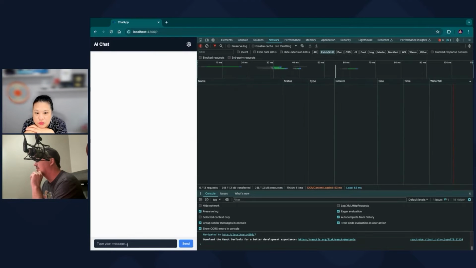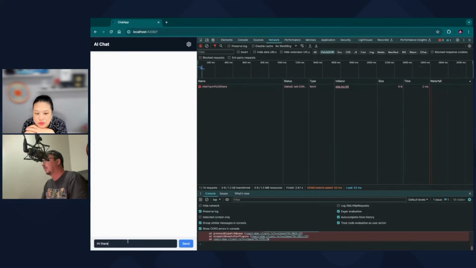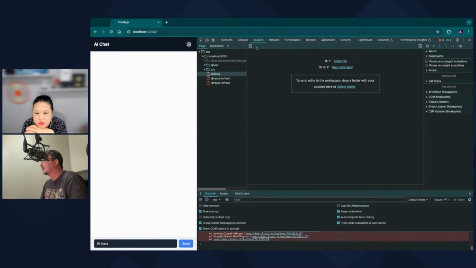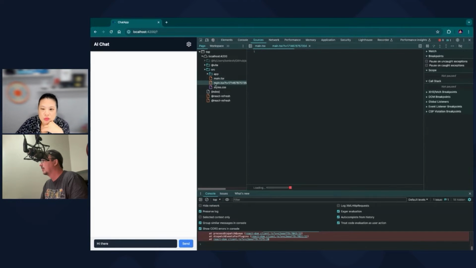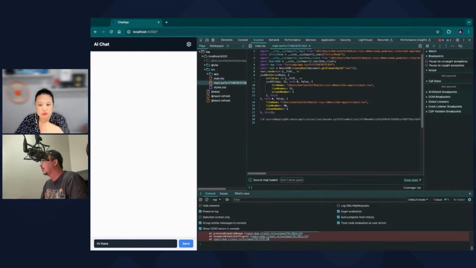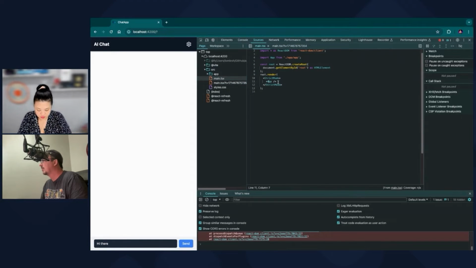Clear it, refresh. It's sad. Let's go to sources. Let's look at our code. Main TSX. Where's our app? Let's go to the app.